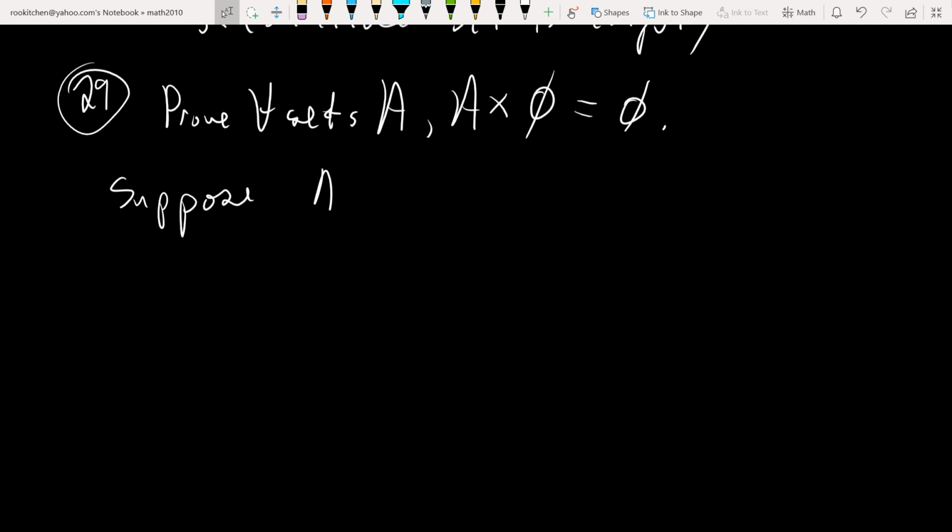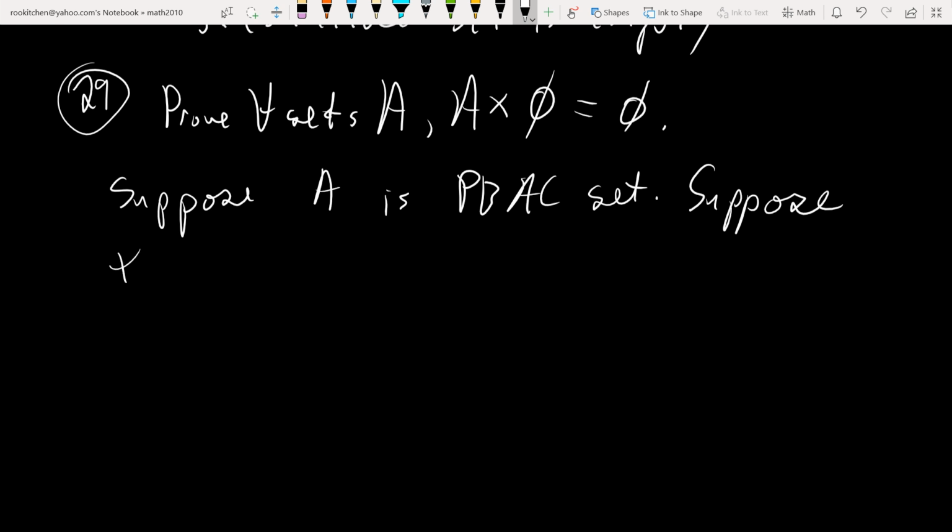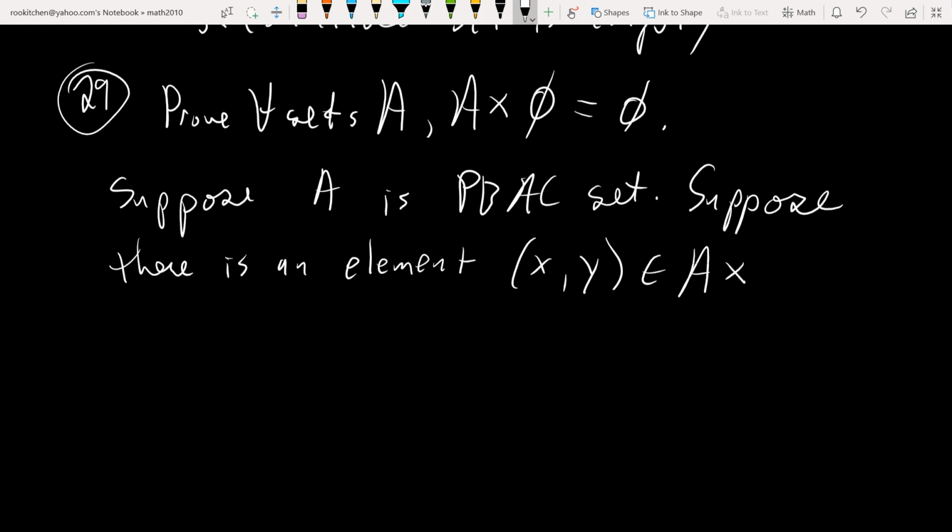First we have to suppose A is an arbitrary set. And then we'll suppose it's non-empty. So suppose there is an element, some ordered pair (x, y) in this cross product A cross the empty set,